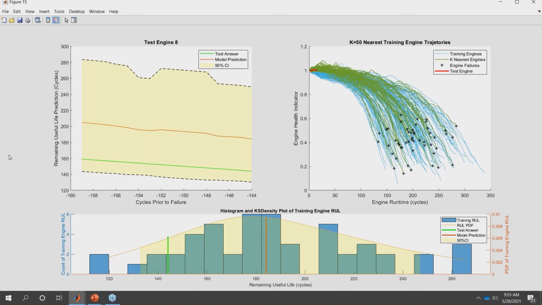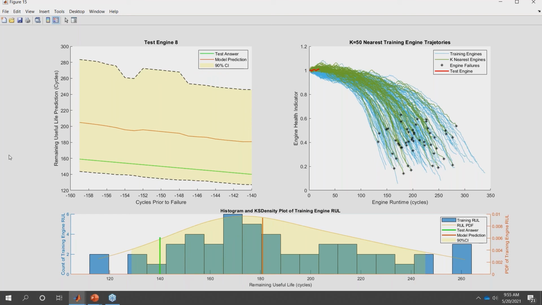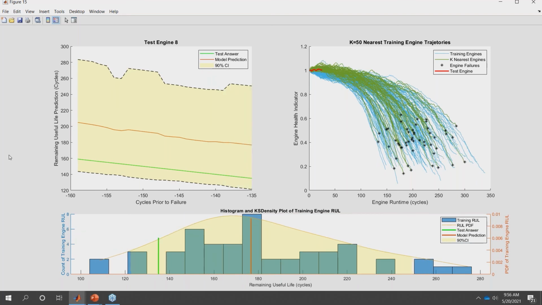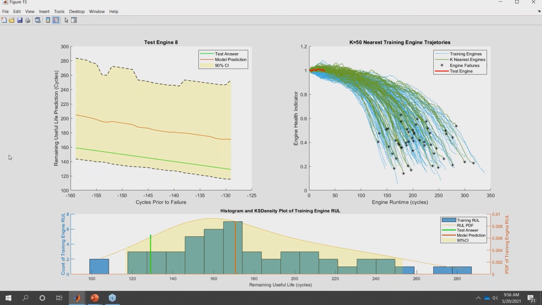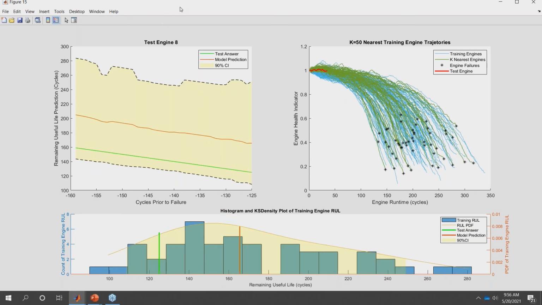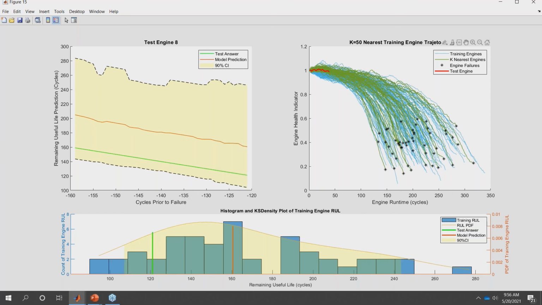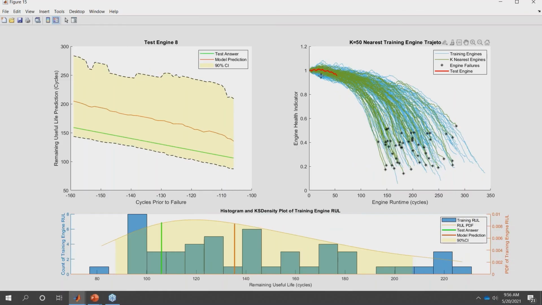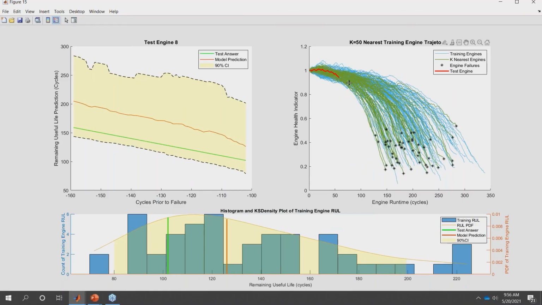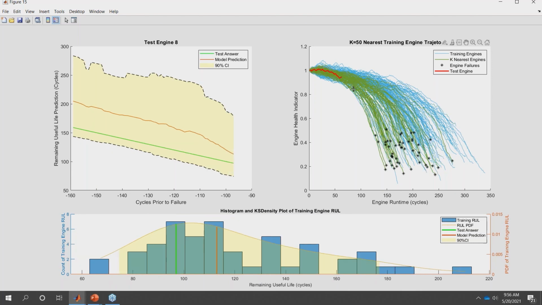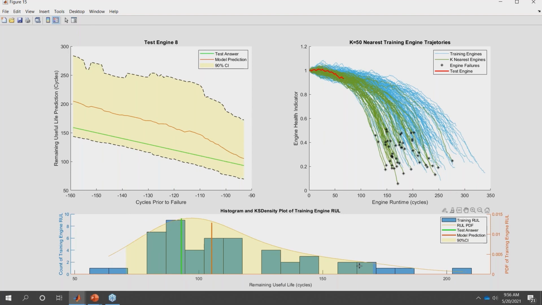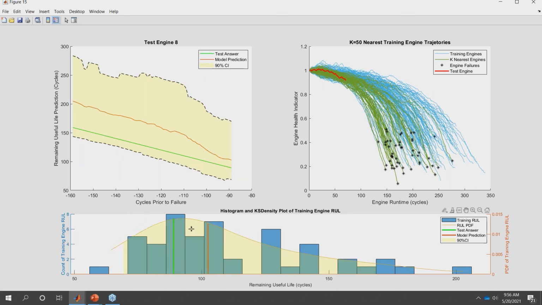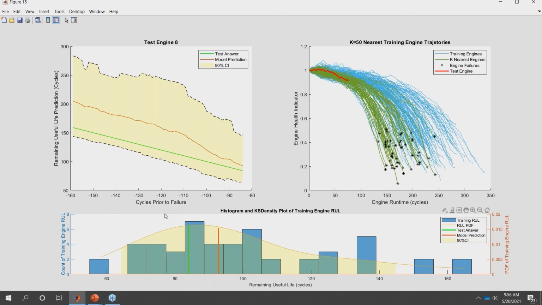Typically we wouldn't be running the model this early, because we would be relying on our condition monitoring system to tell us when we start to move into degradation. But we can start running it at the beginning here too. In the top right, the red line is the current time series, or the engine that's currently running, and you can see it's growing over time. As it goes, it selects the 50 nearest time series to it, fits this histogram in the bottom, and makes an estimation accordingly of how long it has until it fails.